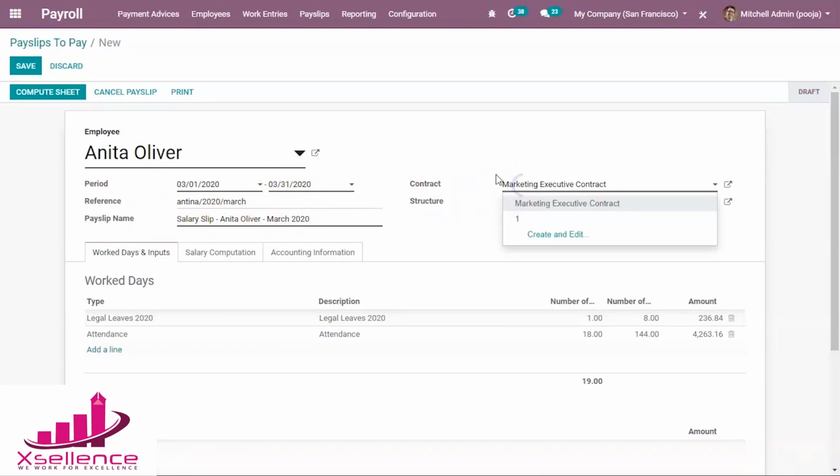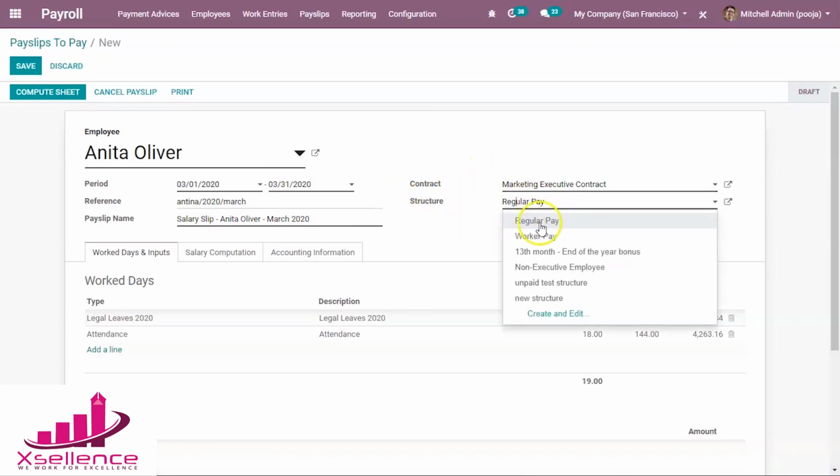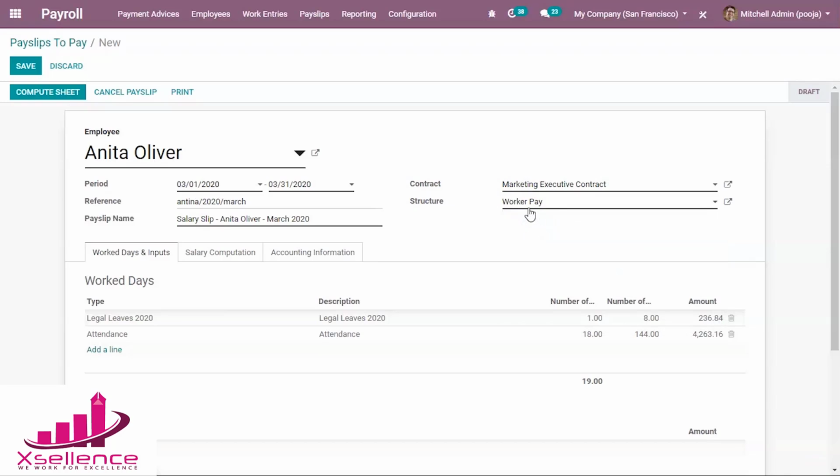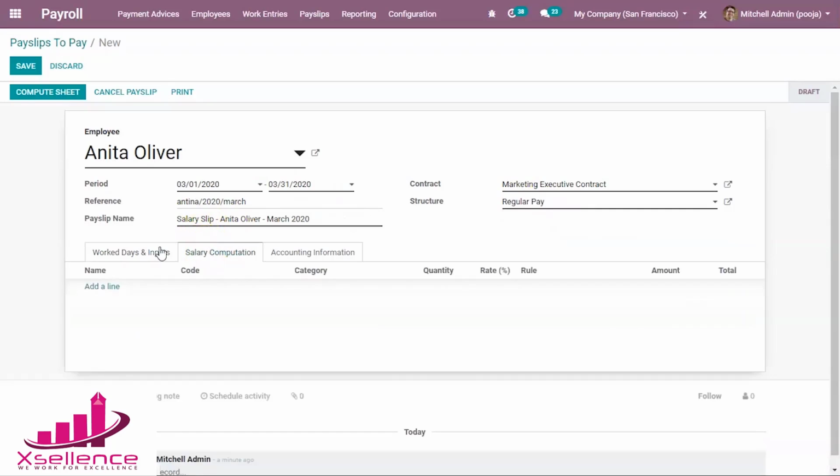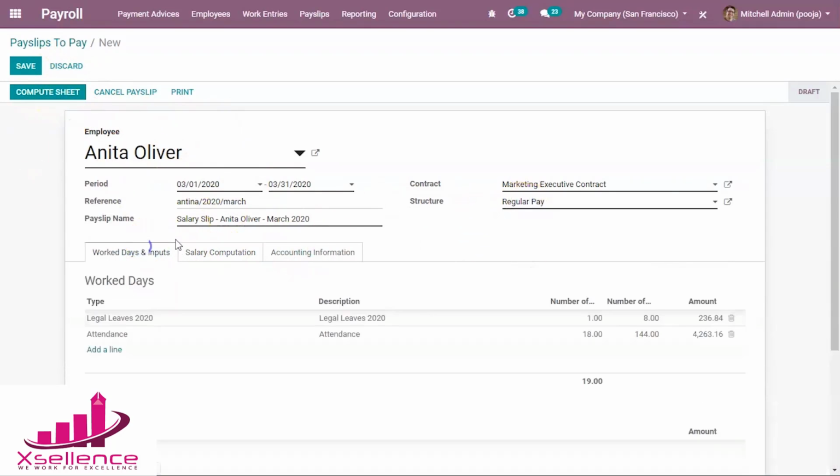Then contract, you can add a contract name here. I have already created a contract for her. Then structure, you can add a salary structure. So according to that salary structure, you can see the work salary in computation. Here I haven't computed the sheet, so according to the structure it will be computed. So here I'm adding regular pay, then I'm computing the sheet.